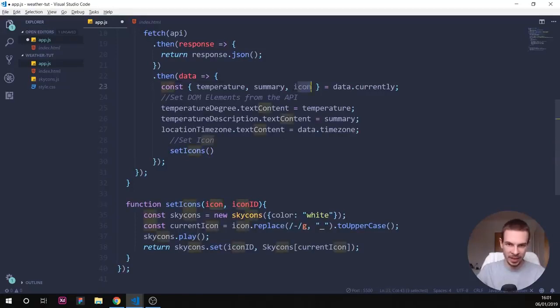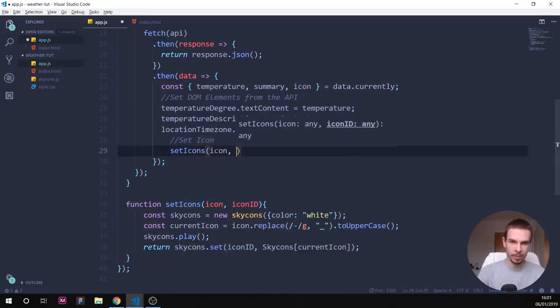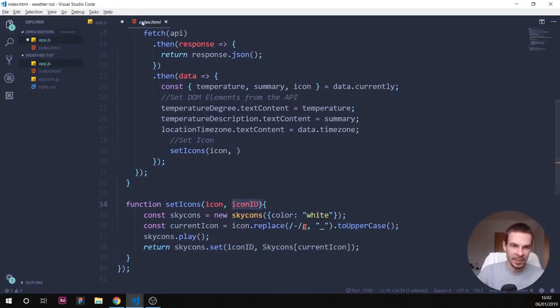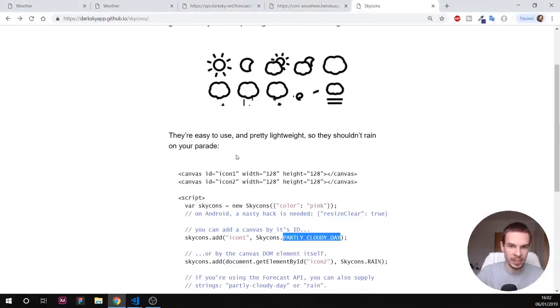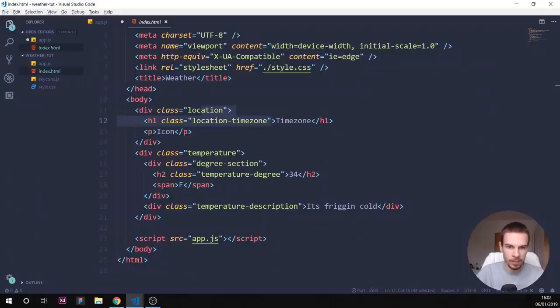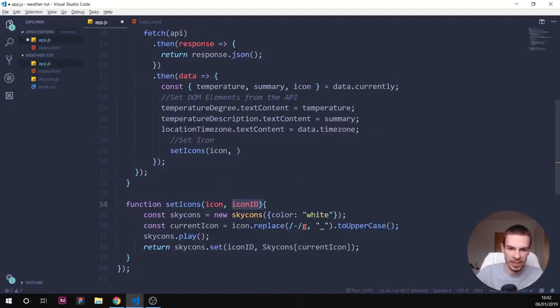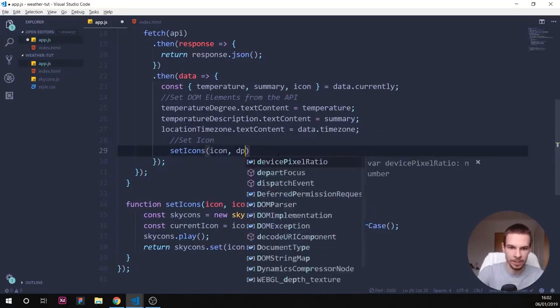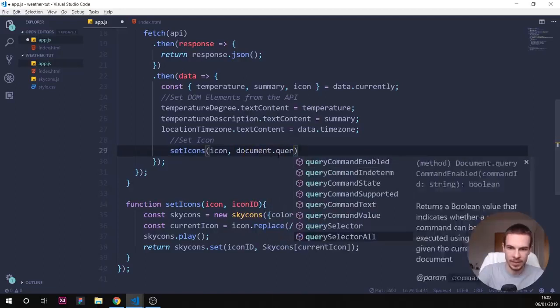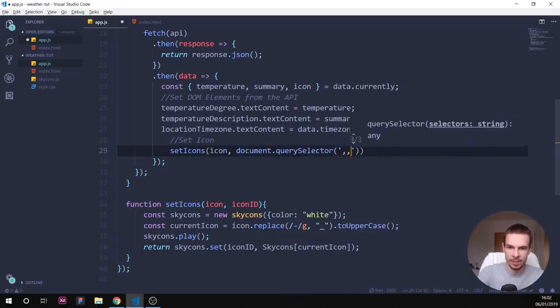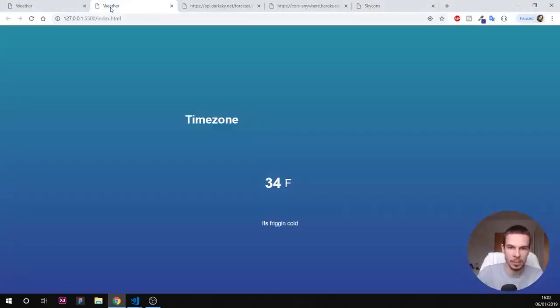So the icon is gonna be the icon we get back from the server, so it's gonna be the same, like so. And the ID, if we check here, well, we need to replace it with the canvas. So just copy this one here and place it in here. So we're gonna replace this with this. We're gonna remove the ID. We don't need the ID. We're just gonna add a class of icon to this. And here, to get the ID, all we have to do is say document.querySelector icon, like so. Hit save, and let's pray,